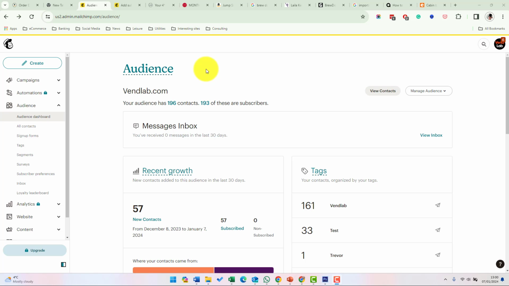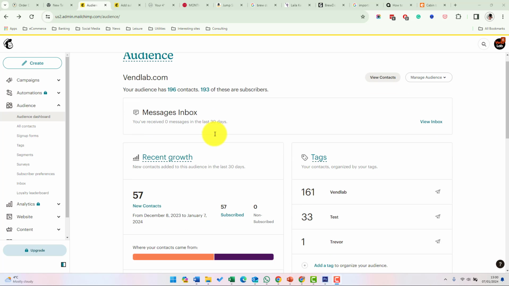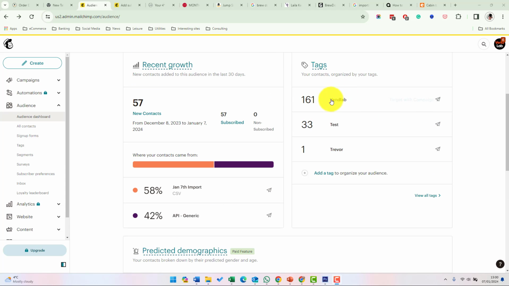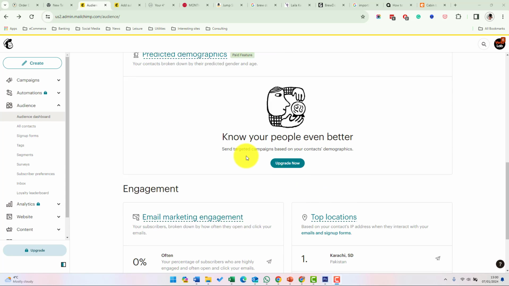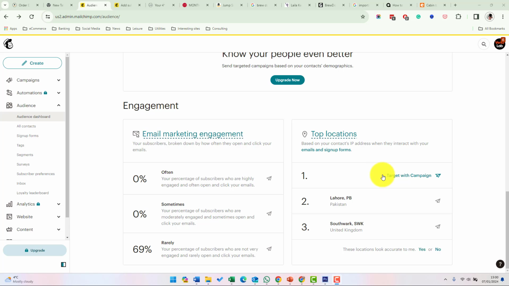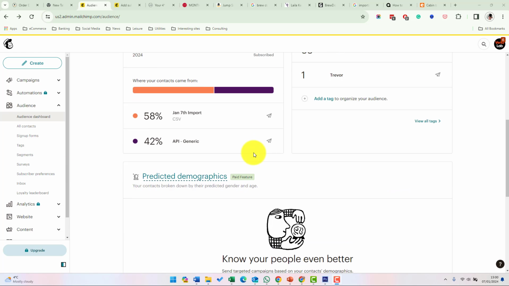You can click on almost any information on the dashboard and be taken to an action on it and create a campaign. So for example, if I clicked on a tag, it says target with campaign. If I click on a location, it says target with campaign. So starting from the top,